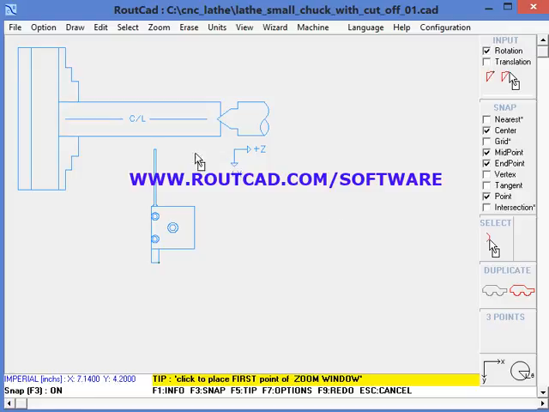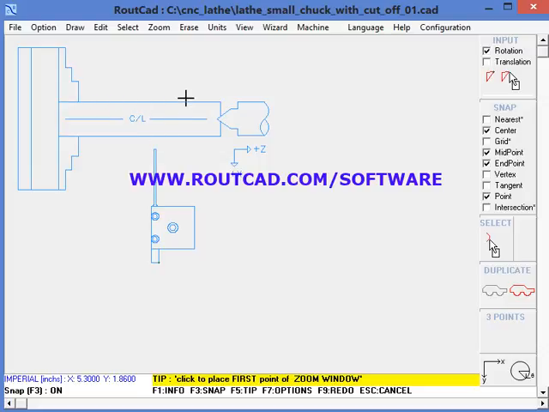We have designed a chuck holding tool, a cylindrical workpiece, a center, an axis, and also a cutout tool. Now, what we want to do is to use this cutout tool to cut this cylindrical piece on a CNC